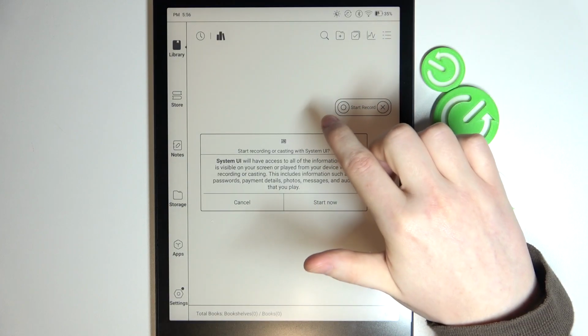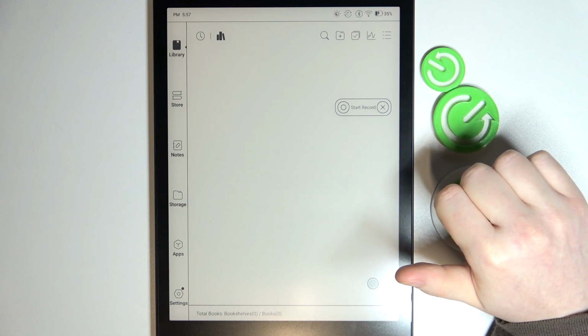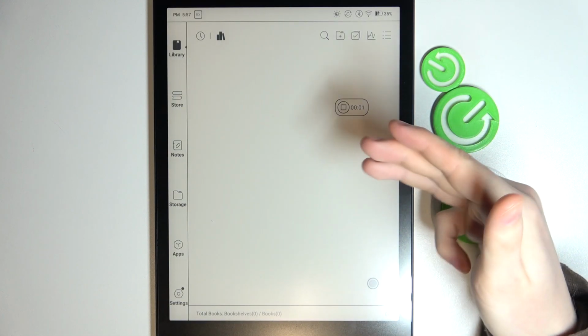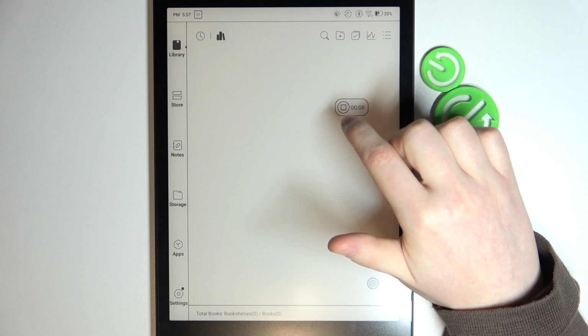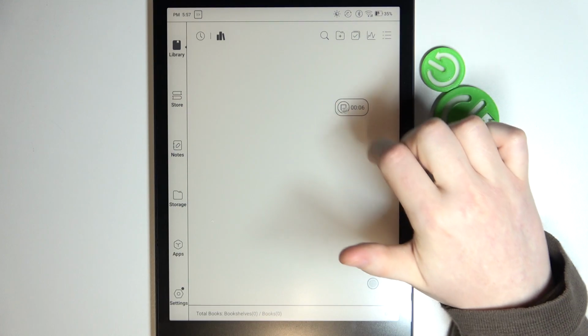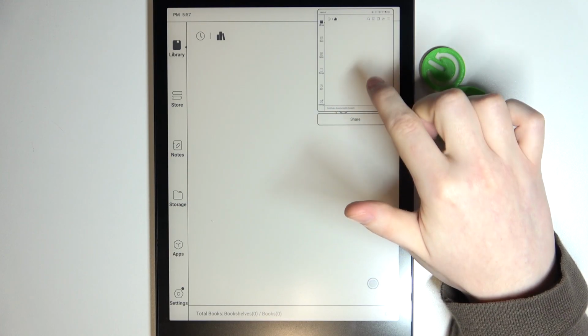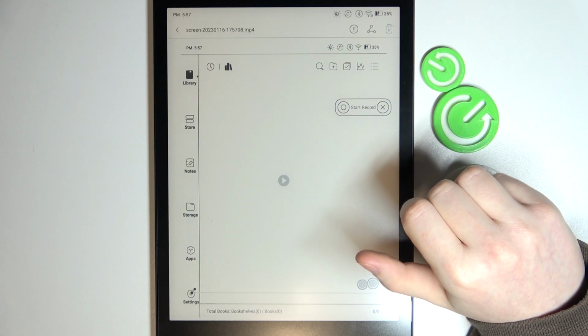Here to begin, you'll need to click on the circle and click Start Now. It should start the screen recording. To stop it and save it, click on this button again. Here you will see your screen recording. You'll be able to open it